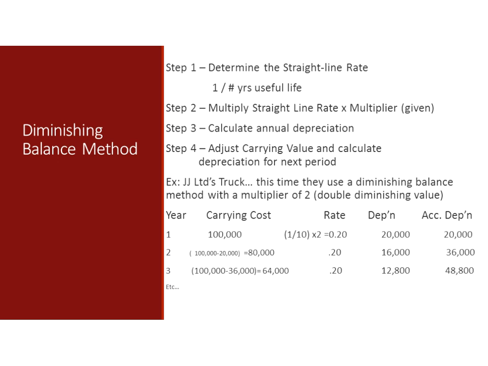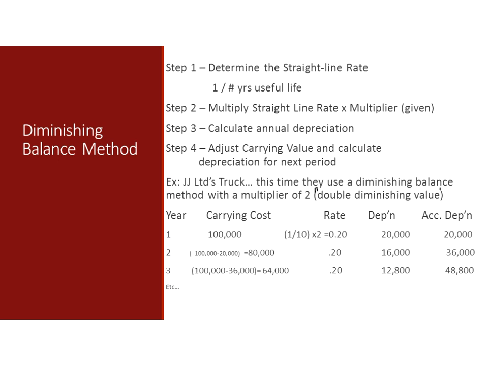And step 4 is then we're going to adjust our carrying value and calculate depreciation for the next period. So let's take a look at that in an example. So again, let's look at JJ's truck. This time they use a diminishing balance method with a multiplier of 2, or what we call the double diminishing